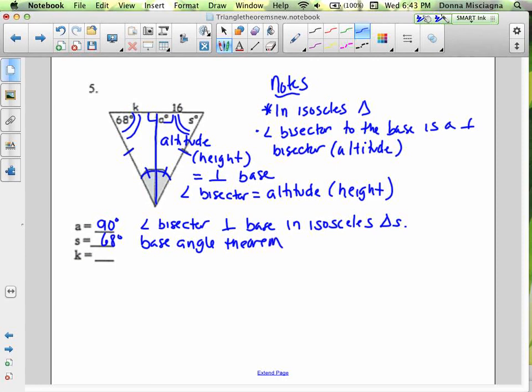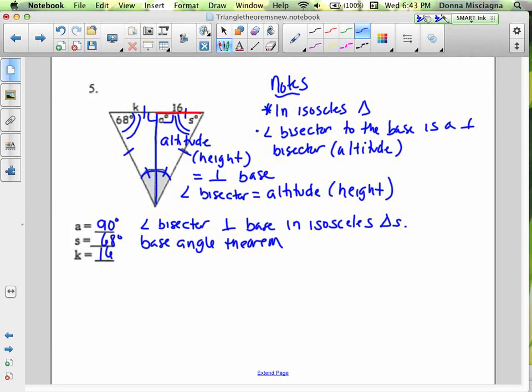And then last but not least, K. Right, so remember that this altitude here, because it's an isosceles triangle, right, we proved the base angle theorem by proving the two triangles are congruent. Going back the other direction, that angle bisector, because these two triangles are congruent, is going to divide that base into 2 congruent parts. Right? So if this much is 16, then so is K. So K is equal to 16